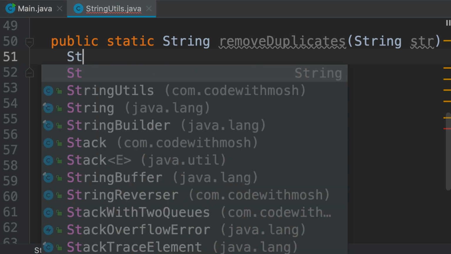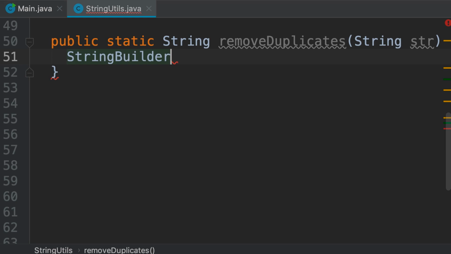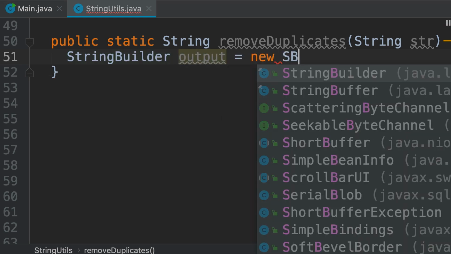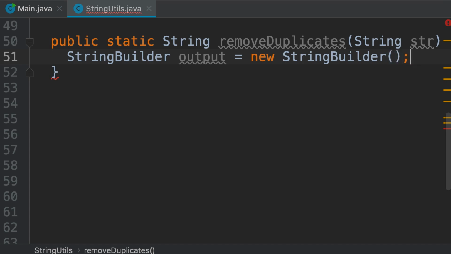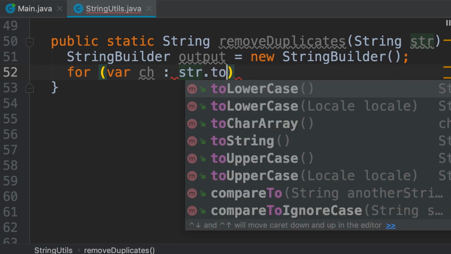So first I'm going to declare a StringBuilder object. We use this to build the output. So output, we set it to a new StringBuilder object. Next, we iterate over our input string. So for each character in string.toCharArray,